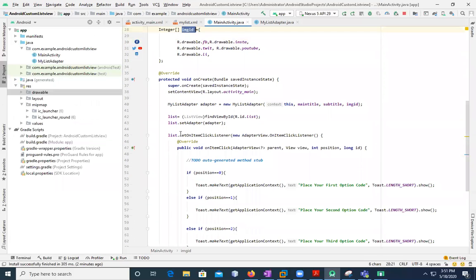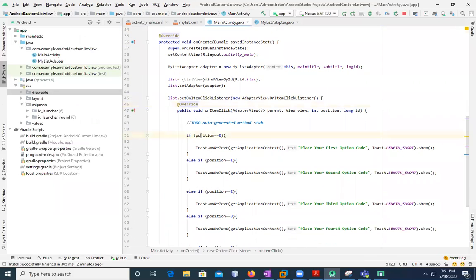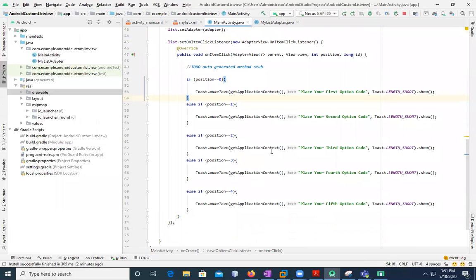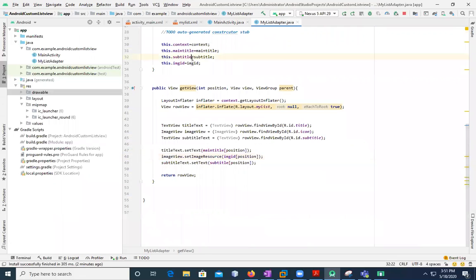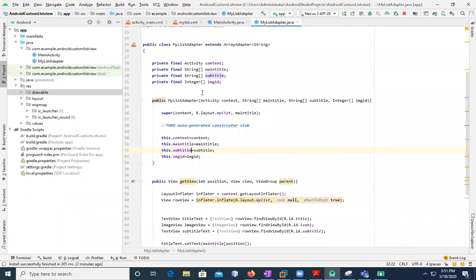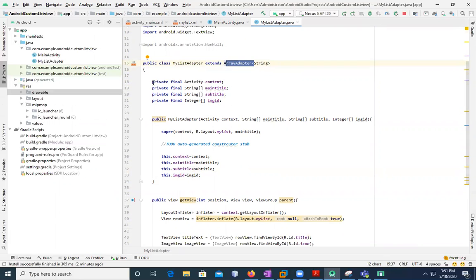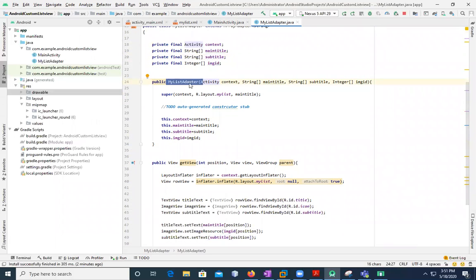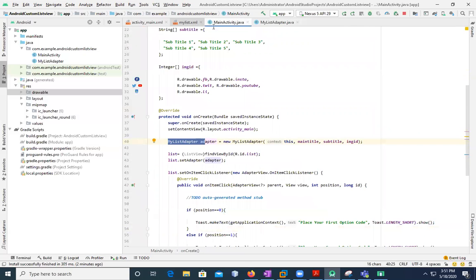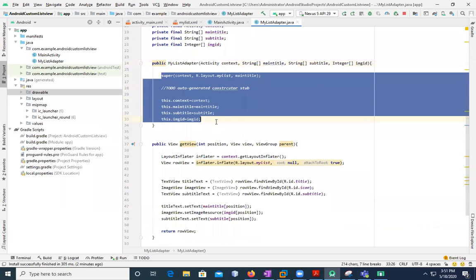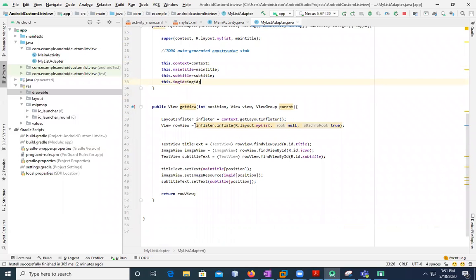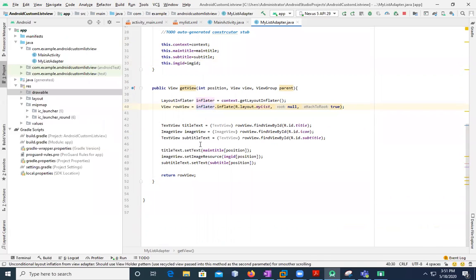And then we created the mylist adapter object, and then we added a method set on item click listener, position 0, 1, 2, 3, 4. There are total 5 positions. And then we added another Java file or Java class mylist adapter, which is going to extend array adapter. Here we created the private variables and arrays. And then we created the method of mylist adapter, which is here. All right. And that's all about this. Get view, we use these classes, image view and all, and then we just save this and we just have to